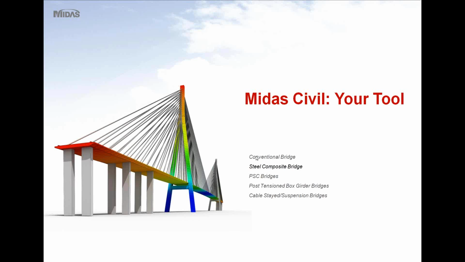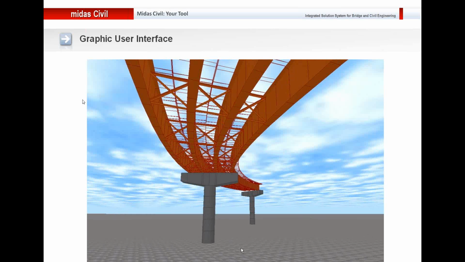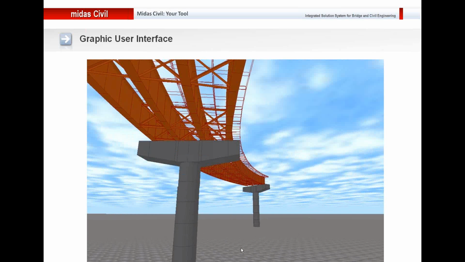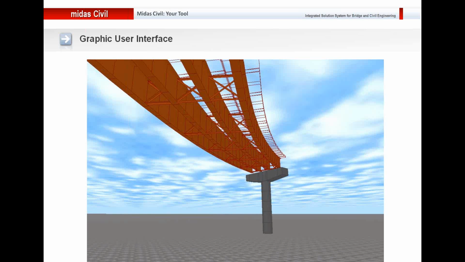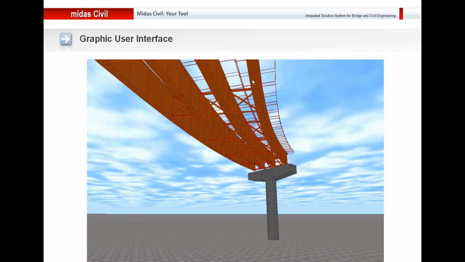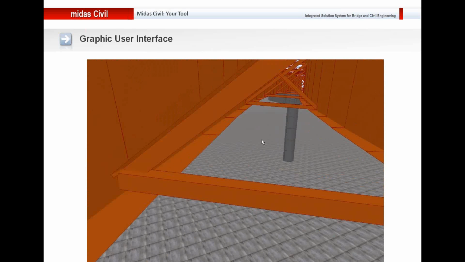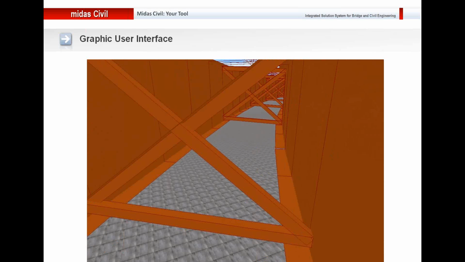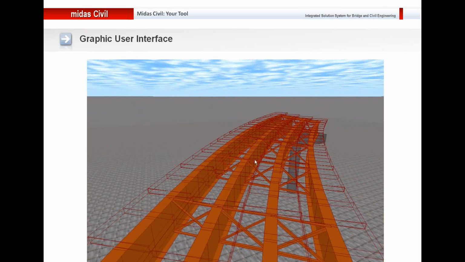So first of all, let me talk about the graphical user interface of Midas Civil and how Midas Civil would be proved effective in your work. Basically, whenever you talk about any finite element analysis software, ultimately at the end of the day, what you need is result. Whatever type of analysis you perform, if you perform construction stage analysis, time history analysis, static analysis, geometric linear analysis, etc., at the end of the day, you want results so that you can check the structure,